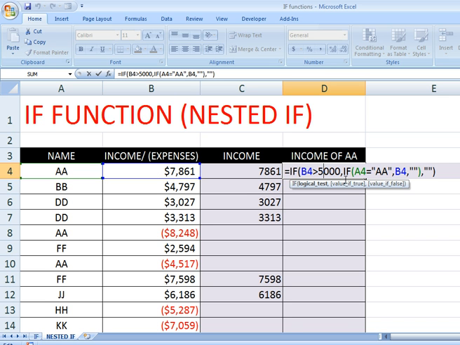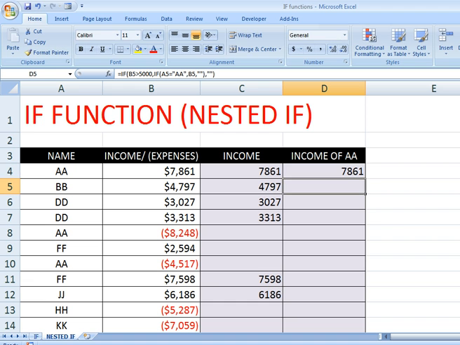The second condition is: if A4 is equal to AA, then I want B4, otherwise blank. So enter. So let's do